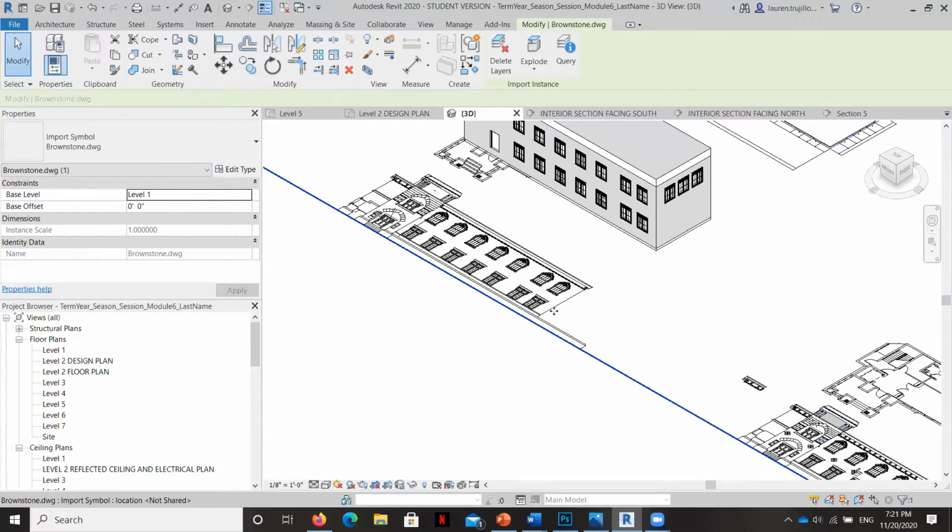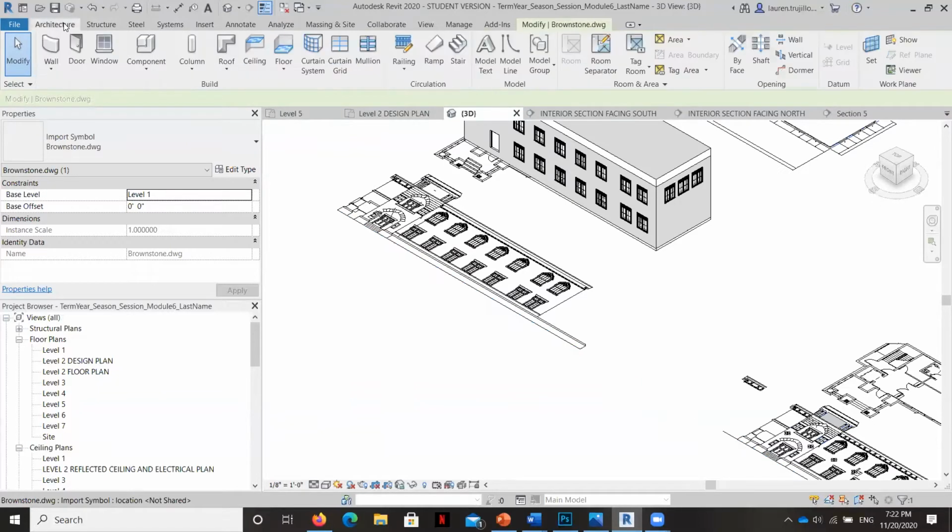And then I need to rotate it. But if I rotate it right now, it's just going to rotate on this floor plan. And actually what I need to do is a 3D rotate. I need to make it go from sitting flat to standing vertically. And so this requires us to start to think about the way that Revit thinks about 3D modeling, which is using a reference plane. So first, I'm going to show Revit the reference plane that I want to use to rotate this.